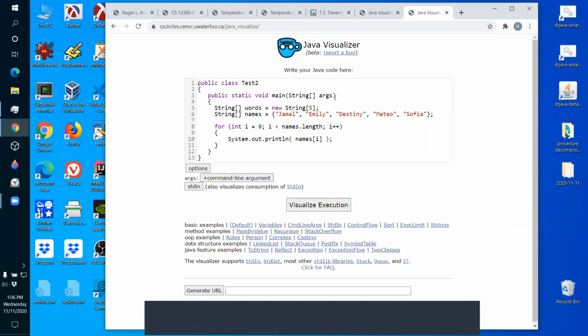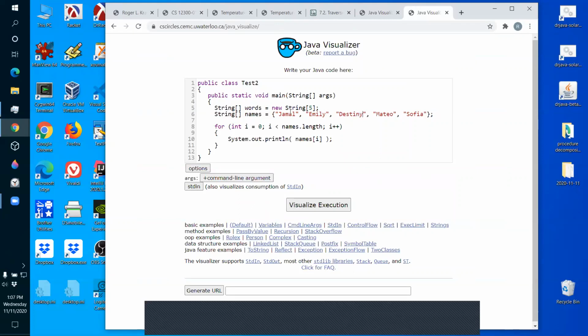Now this one creates an empty array of 5 strings. This creates a filled-in array of 5 strings. So this curly brace notation lets you create an array saying the first entry in the array is this, the second entry is this, the third entry is this.